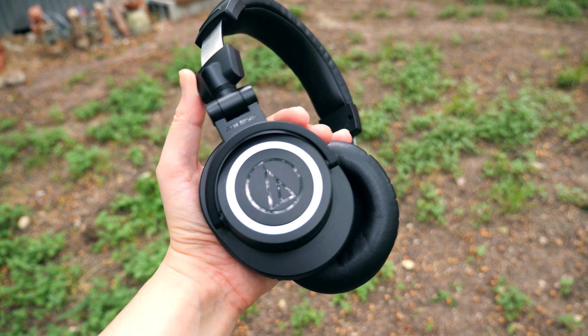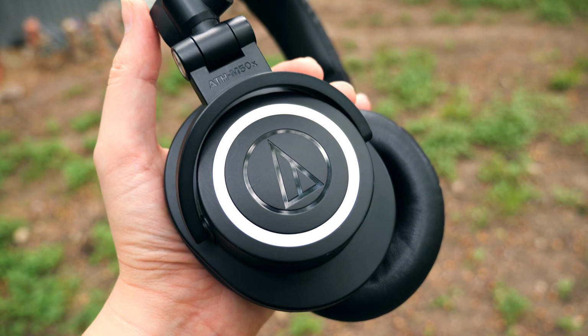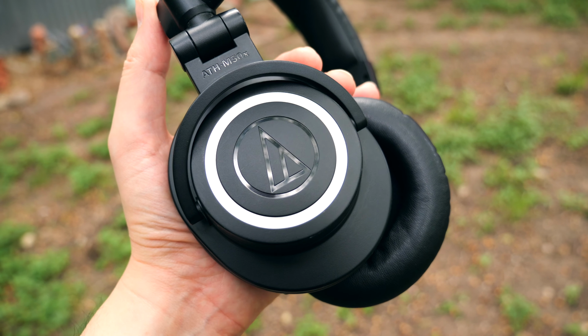So I do end up using these on Bluetooth about 95% of the time, and I don't notice a huge difference when it comes to audio quality between using Bluetooth versus using a cable, which is a really good thing, because sometimes you'll turn on Bluetooth on wireless headphones and then all of a sudden the audio quality will change, or you won't hear as much bass or treble, and it sounds like a more compressed sound. But seriously, I cannot tell almost any difference between the wired version of these or the Bluetooth version,